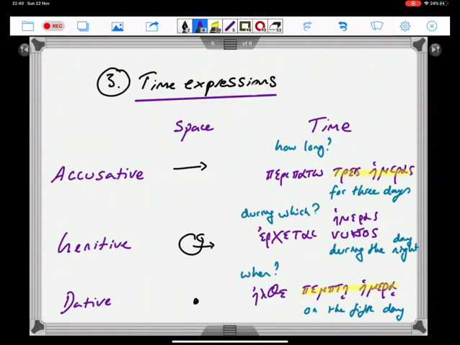I suggest you make sure you have some kind of document or piece of paper or set of charts or set of cards that you are keeping a list of different ways of using the cases, and that you now add these temporal uses to that list. So the accusative, how is it used in space? How is it used after main verbs? How is it used after prepositions? And how is it used for time? And we'll continue to build on all of those as we go through the book.